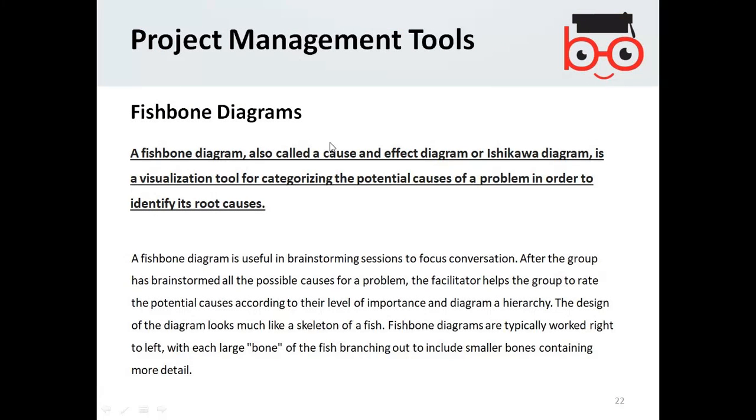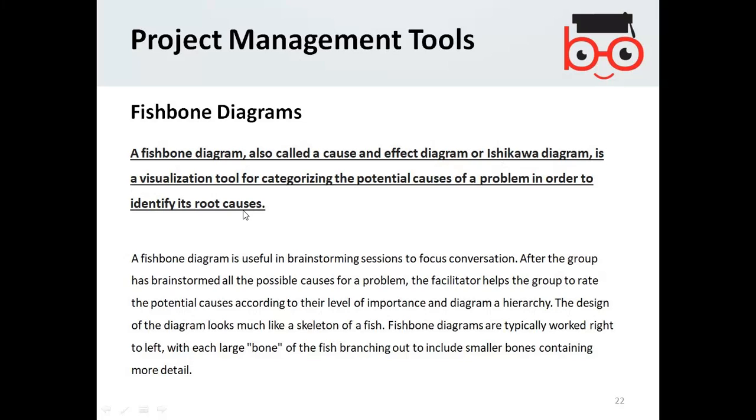The next is the fishbone diagram. A fishbone diagram, also called a cause and effect diagram or Ishikawa diagram, is a visualization tool for categorizing the potential causes of a problem in order to identify its roots.